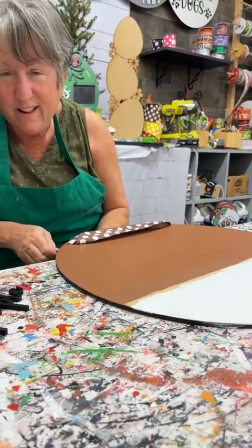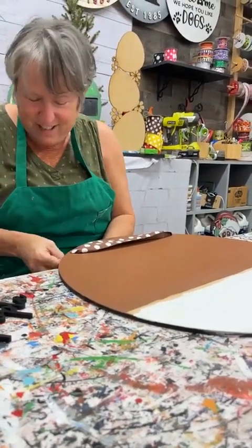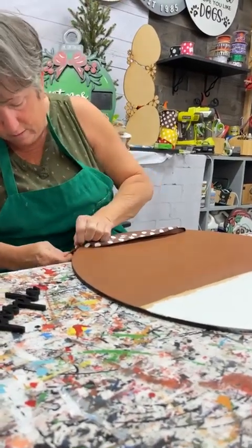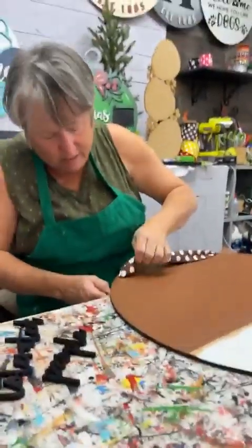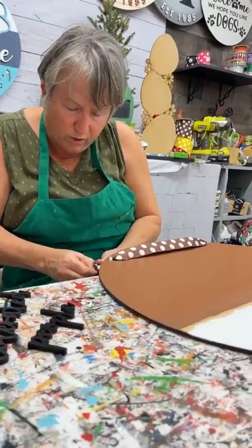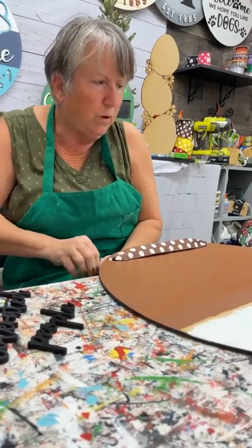Sheila said, hey, I so enjoy watching you paint. I appreciate you from South Carolina. Hey, South Carolina. I tell you what, I've been to South Carolina one time. It's beautiful. Hey, where's everybody from? Yeah. We know where most of you are from. My sister Kelly used to live in South Carolina, so I went to see her one time. And we traveled all over. It was a very pretty state. I think we were in...